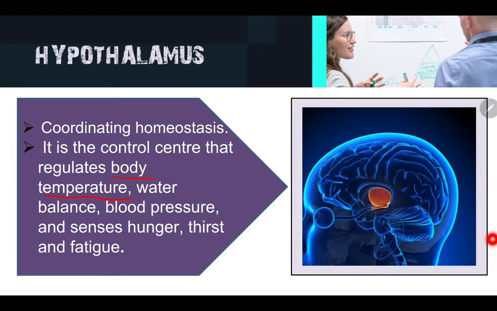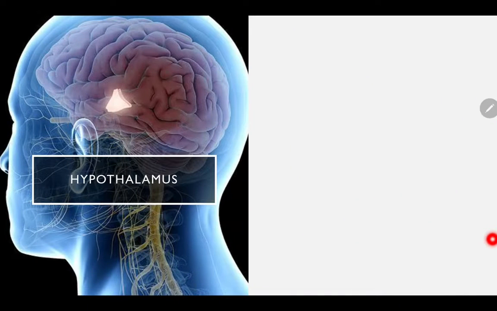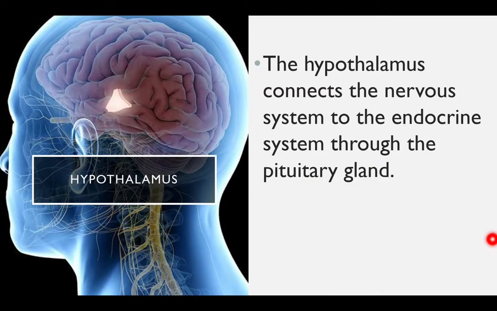So this is the location of hypothalamus. Okay, this is cerebrum. Okay, this is cerebellum, and this is hypothalamus. Okay, the hypothalamus connects the nervous system to the endocrine system through the pituitary gland. Okay, this is the second system involved in coordination, as I mentioned earlier, and we are going to discuss this